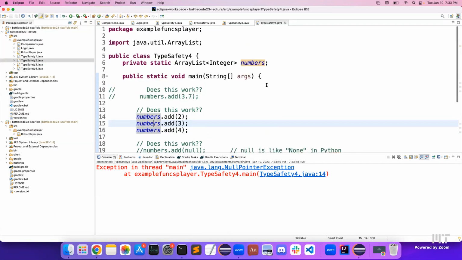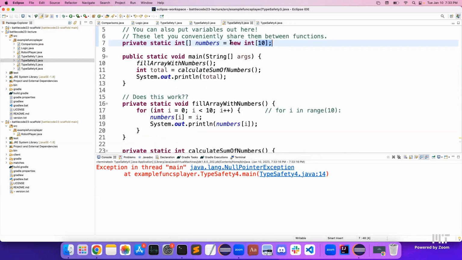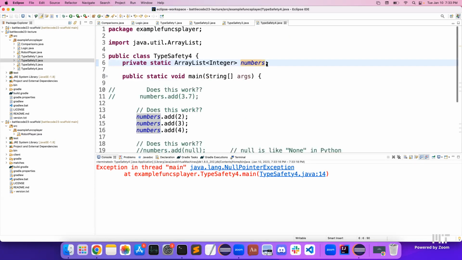Yeah, that's right. So basically we have declared numbers, like we have stated it over here, but it's not equal to anything yet. Similar to how we had the mistake last time of not having new int 10 over here, initializing the array of numbers, over here we have the same mistake of not initializing the array list of numbers. So we can fix this by just doing